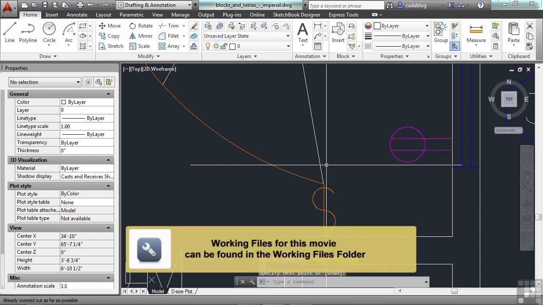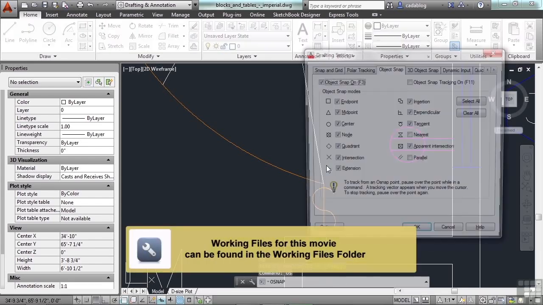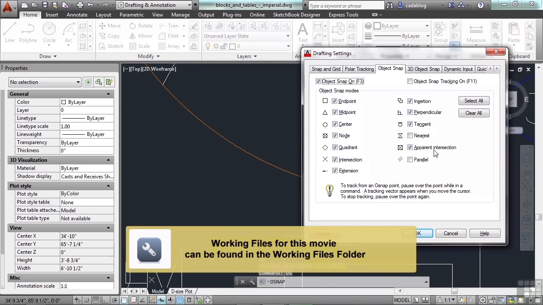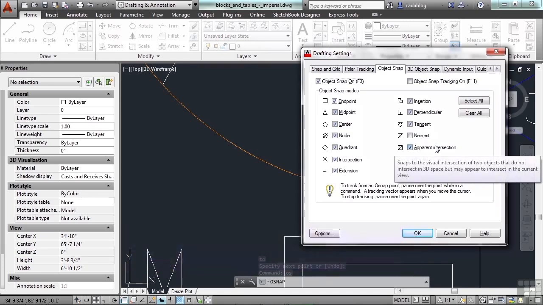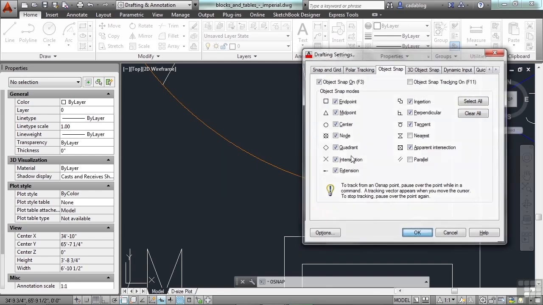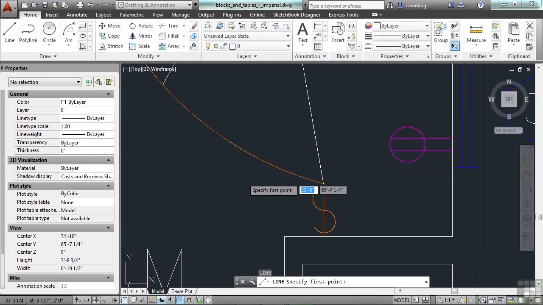And now, continuing our look at the various OSNAPs, we have apparent intersection. Apparent intersection is really cool, and I like this one a lot. It will snap to what would be an intersection point if the two objects continued on and actually intersected each other. So if I click OK, and I draw a line